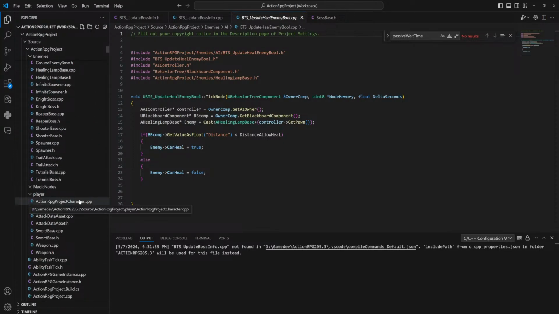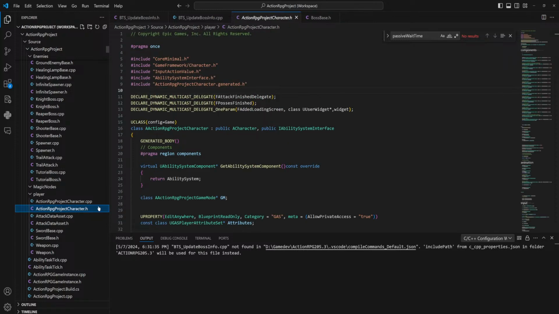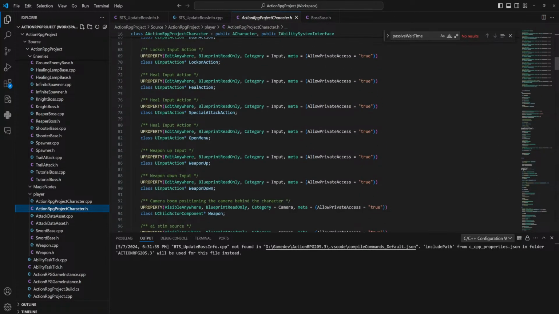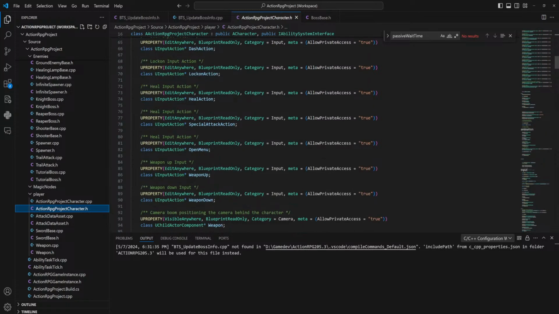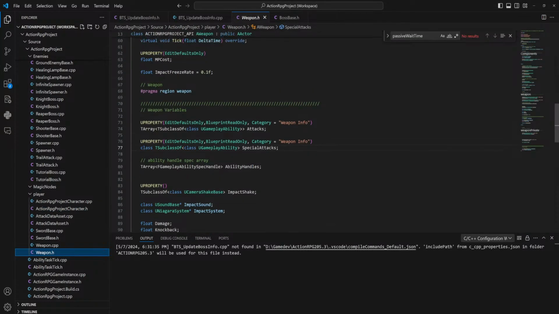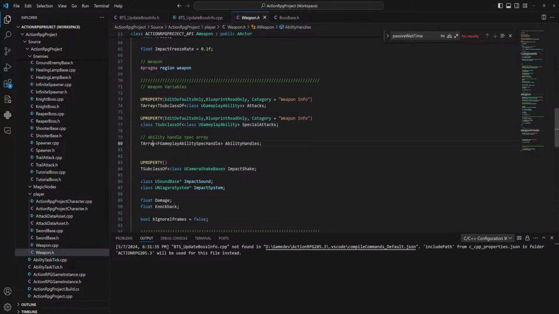Something must have maybe gone a little weird with the merging, but I didn't really do anything in this class when I merged, so... Oh, it's the weapon.h. Which I also didn't do anything in.